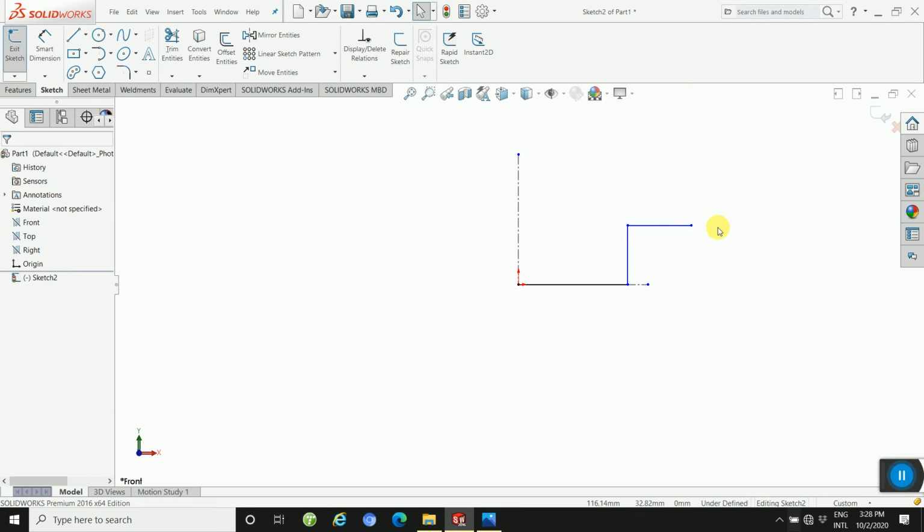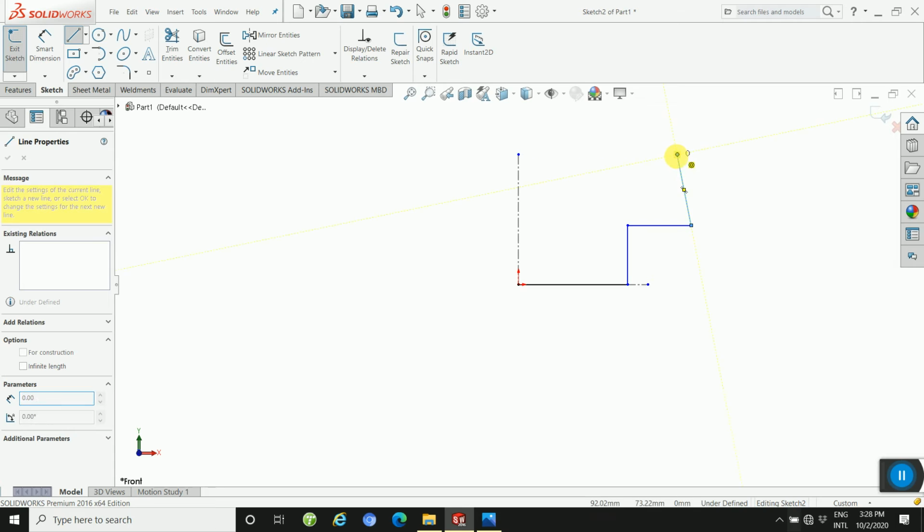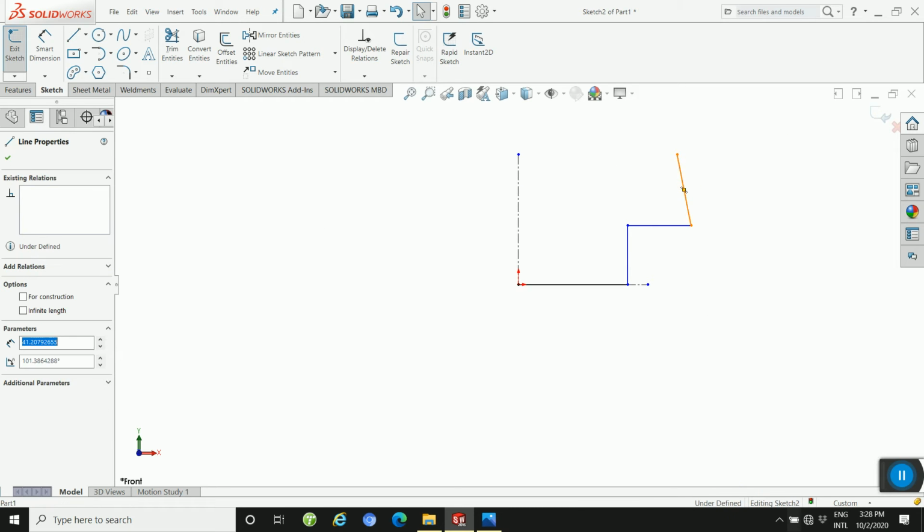Then if you want to create this line here vertical, click and then apply the relationships. Otherwise the vertical relationship will apply here. So vertical will be here.